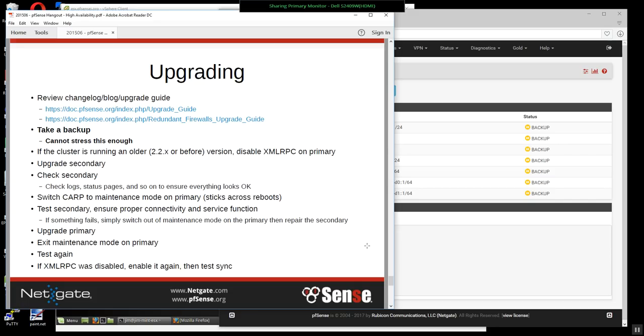So always keep taking backups of both units all the time, especially before an upgrade. You really need to make sure you've always got these. If for some reason you do lose a unit and you don't have a backup, there are a